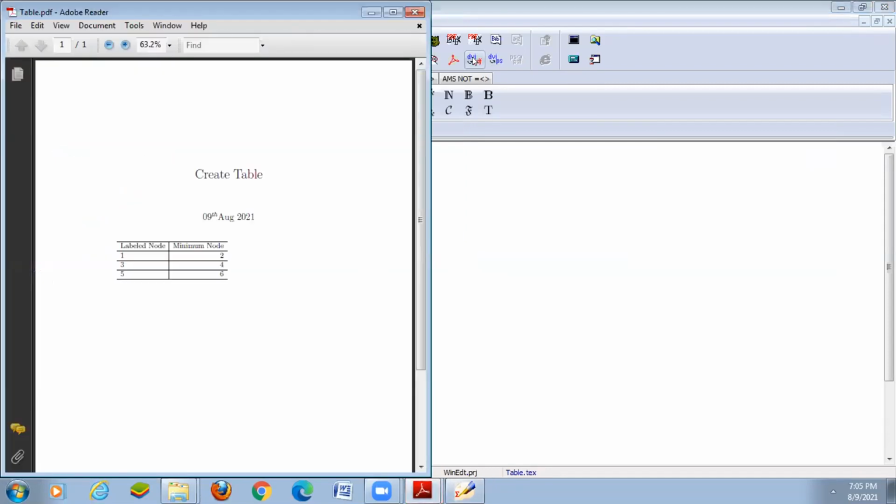So the table was split in the first vertical line and then the last vertical line. In between that, we can use it for only one vertical line. So that's what we have to use for that.